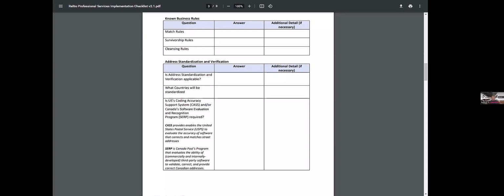The data is not in Reltio yet. But if we come up with base rules, based on our understanding of the data, that would really help the implementation team to document the rules and start working on the design.